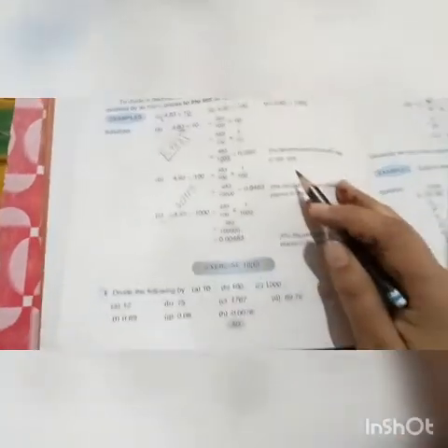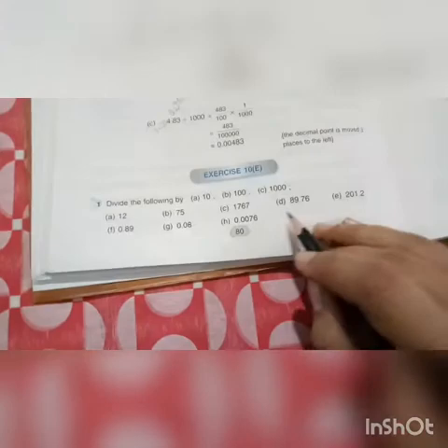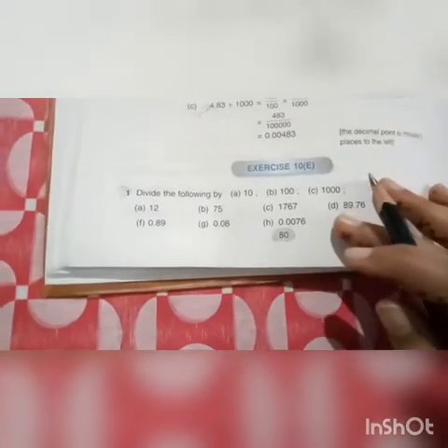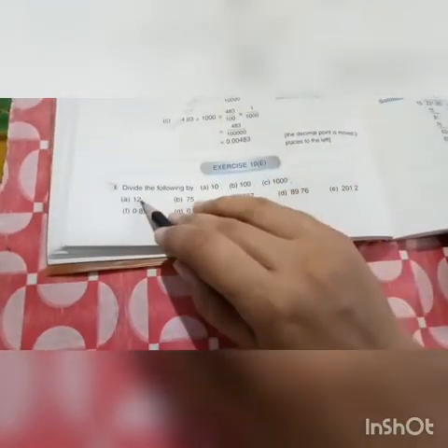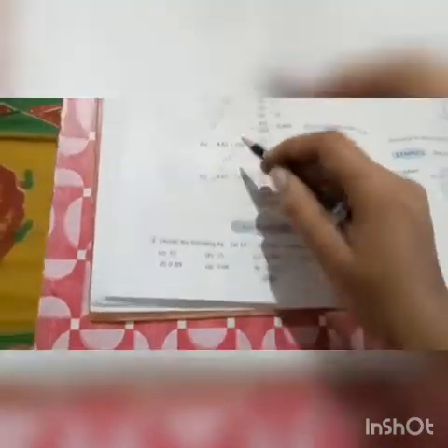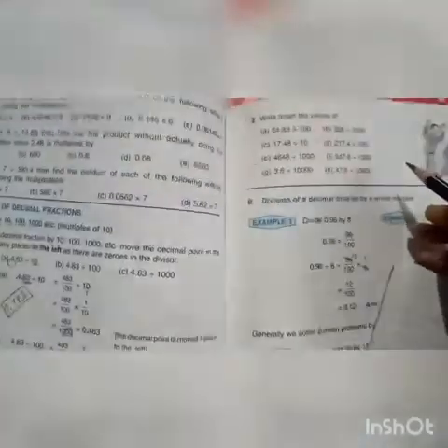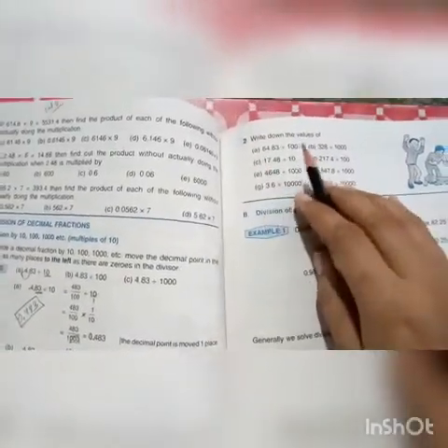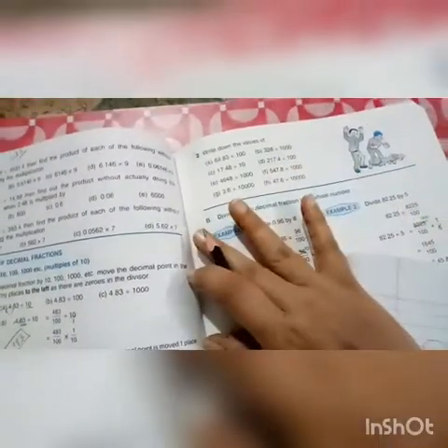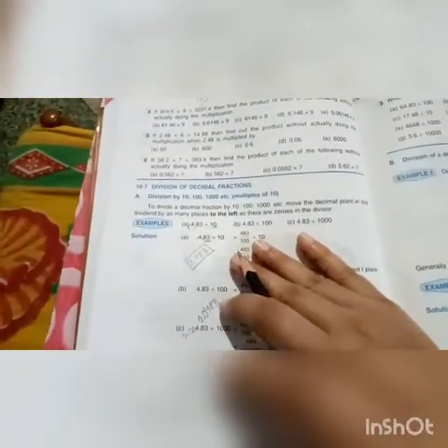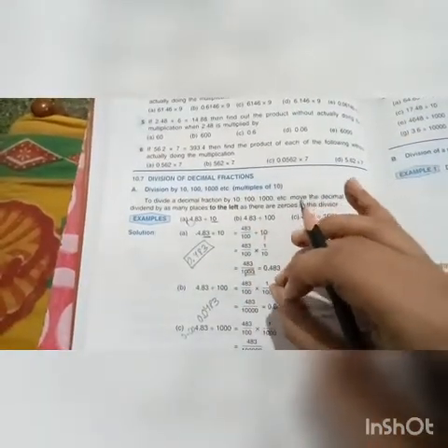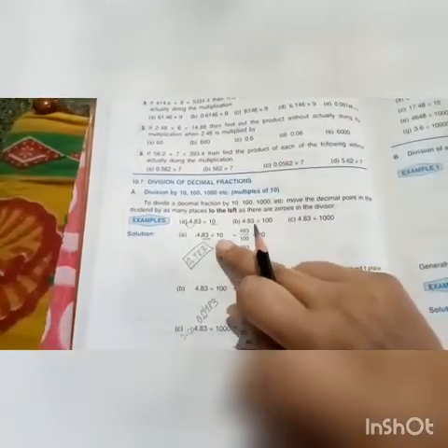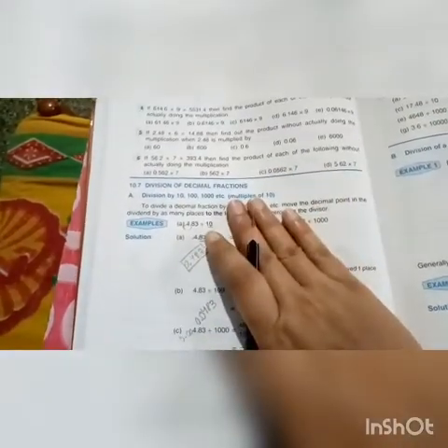In the same way you have to do this division by 10, 100 and 1000, as I have told you to do it in multiplication also. Single number you have to do by 10, then 100, then 1000, as it is given here. And in the same way write down the values without dividing. I have taught you just now how to write the number directly without these operations, without the calculation.